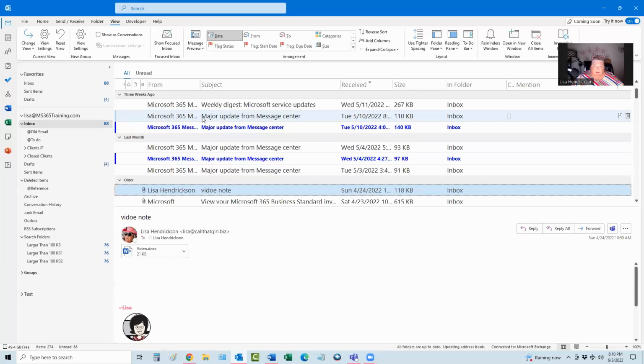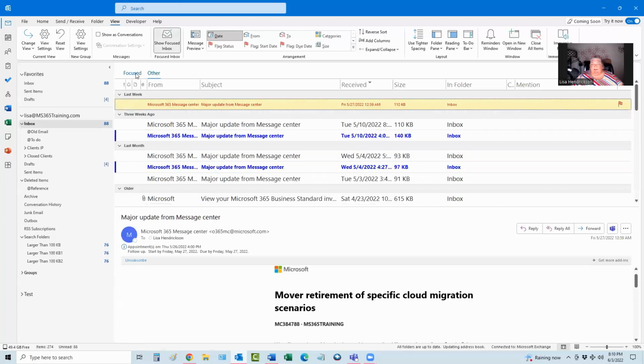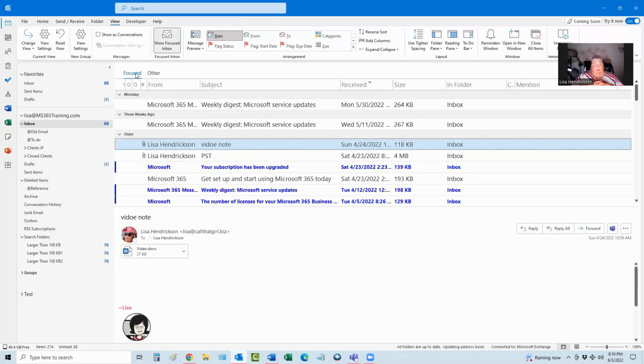Okay, so another thing I'm going to show you is that Microsoft by default, which maybe you don't know, does this show focused inbox when you first set up Outlook. It's right here in the view tab, show focused inbox. So right here it says focused, other. And I really like to control what email I think is important. So I like turning this focused inbox off because you already have a junk spam folder and you already have